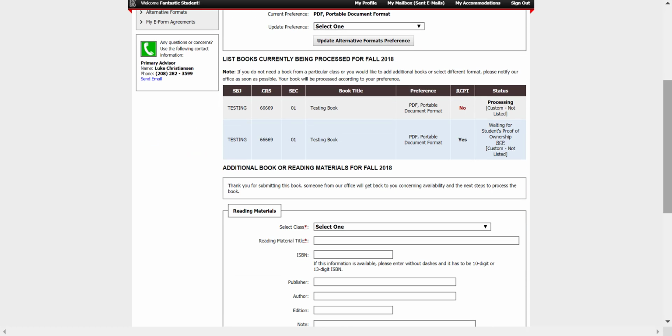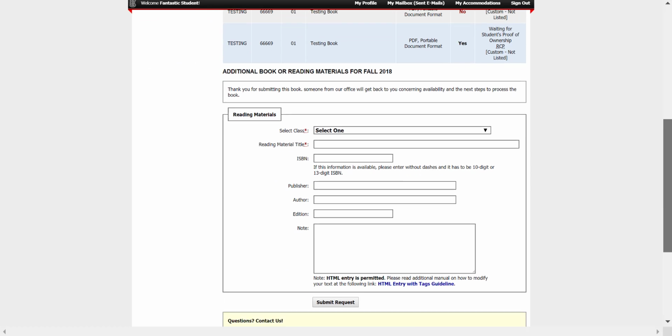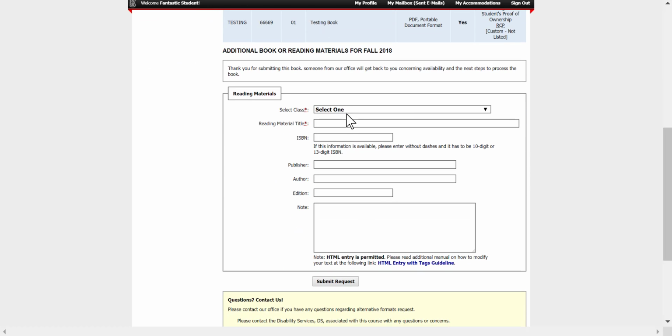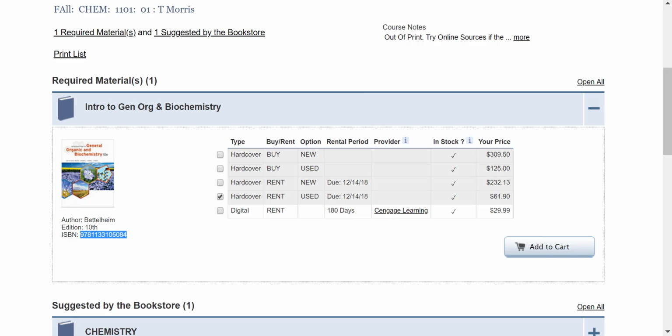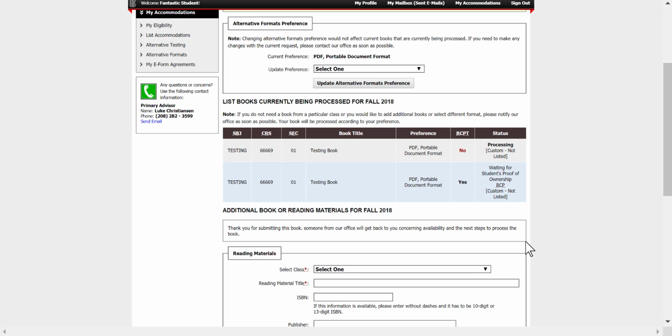And by submitting that request, that shows us that you need that book, and that puts it into our system so that we can begin processing that request for you. And you're going to want to do this for every single book you are going to need and for all the classes that you need those books in. So you might have 4 or 5 books or 4 or 5 ISBNs that you have to find, but all of them will be on the ISU University Bookstore website. So once you've done that,